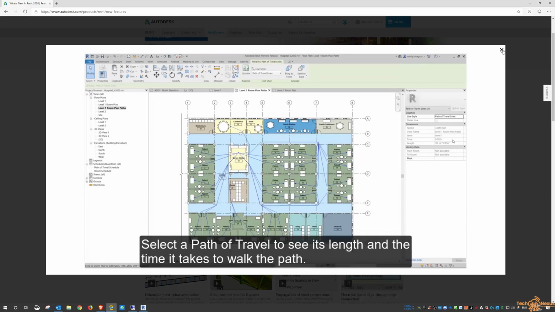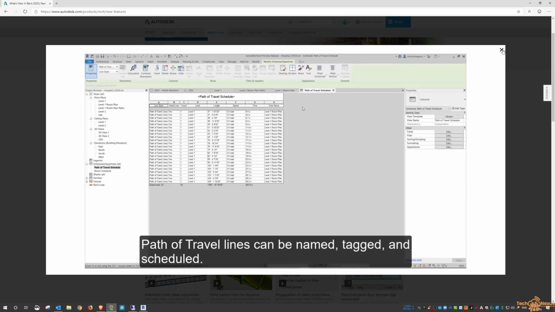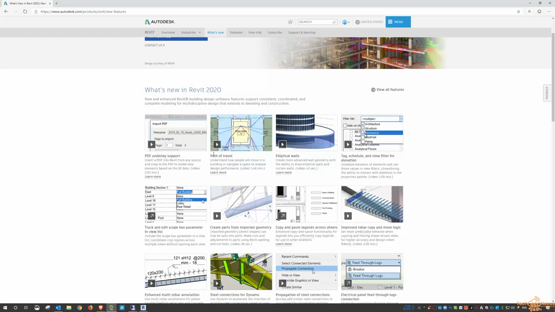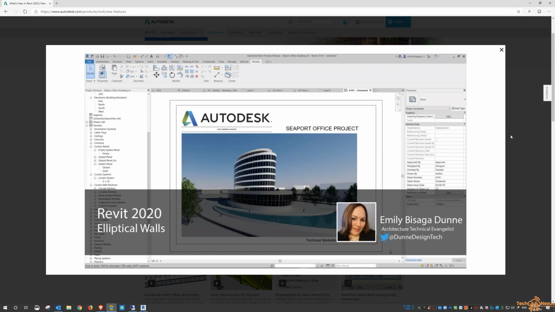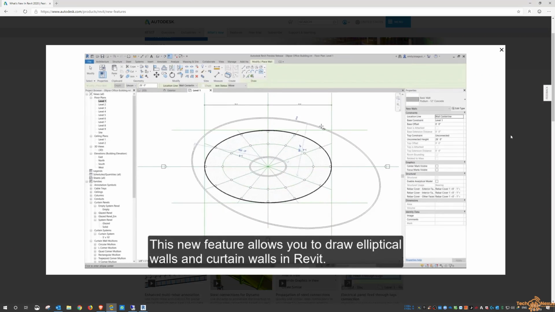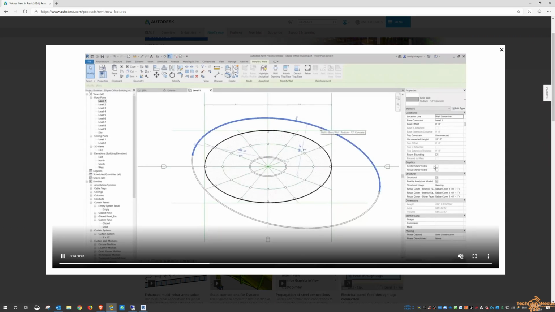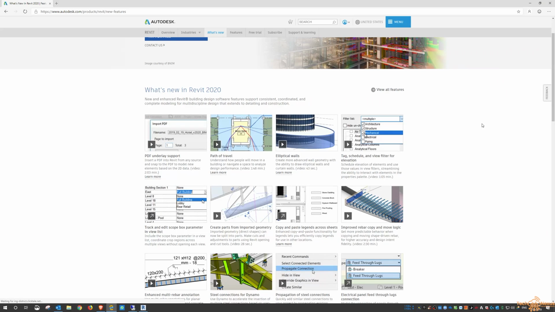I think there was something similar to do with 3ds and or Dynamo as well, to do with path of travel too. So again, if that's your sort of thing, then you've got that option there. Elliptical walls. So I guess they've given you the ability to do non-ortho walls. You could do curved walls before, but it looks like we've got elliptical walls. So if again you're doing that sort of work,